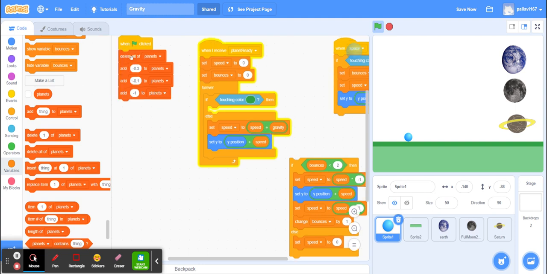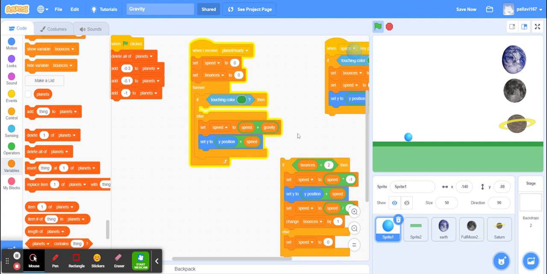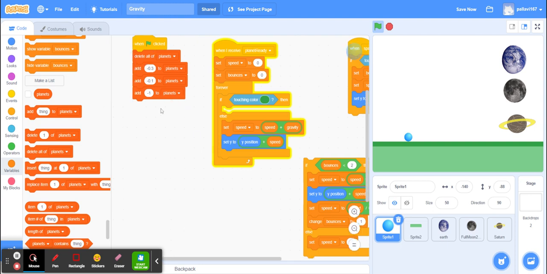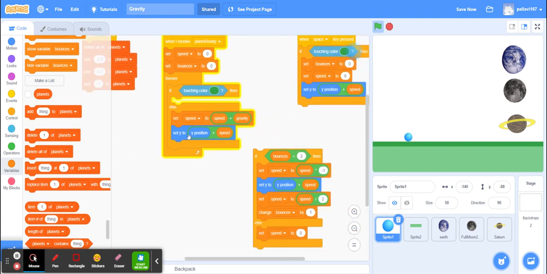Okay, so since the gravity is in the negative direction, it is going to be speed minus this value 0.3, 0.1, or 1. Either you could do speed minus gravity and simply write the positive values of gravity here, which is 0.3, 0.1, and 1. Or you can write the formula as speed plus gravity and include the negative sign indicating the direction in the list itself. It is up to you. Okay, and here y direction plus speed is the value of y.